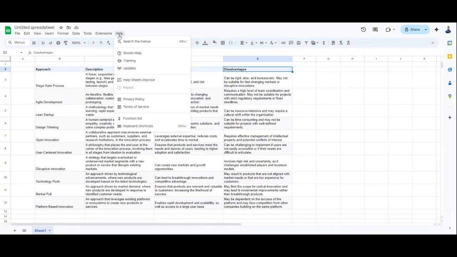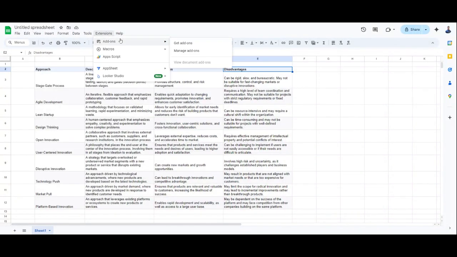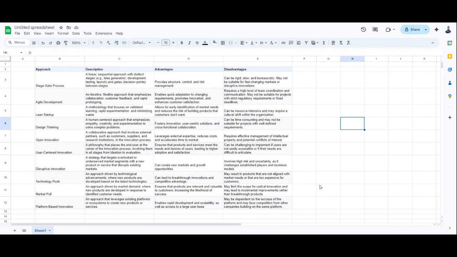Okay, I have my Google Sheet over here, and I already created the table that I want to use. But don't be concerned about the content of the table, right? Because that's not what we want to do today. Okay, so I already have a table, and we already know that every cell has its own